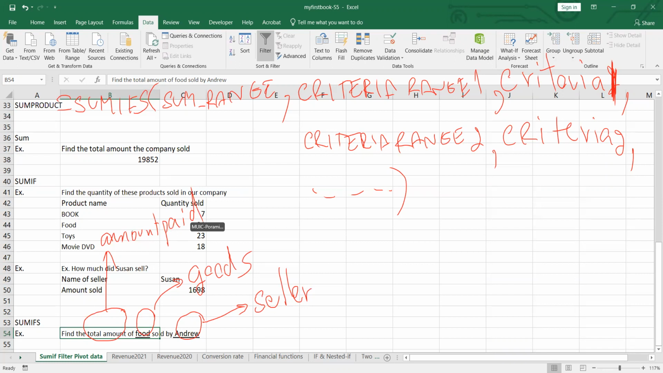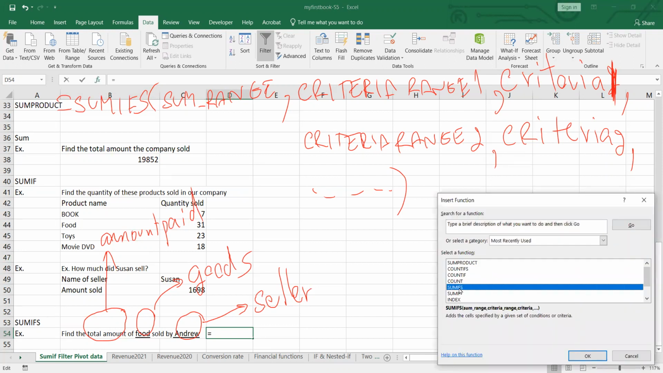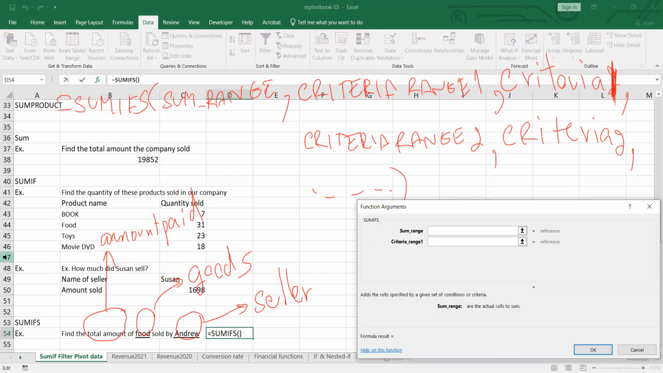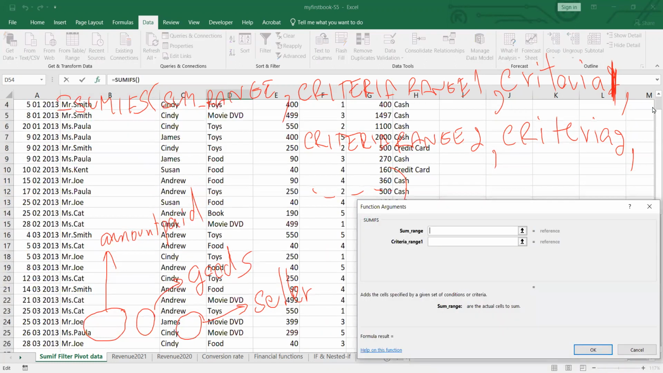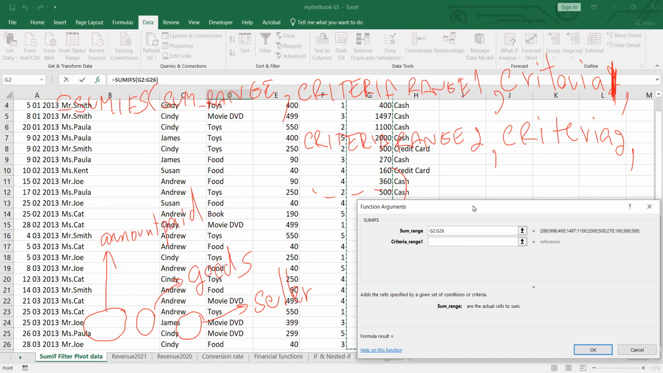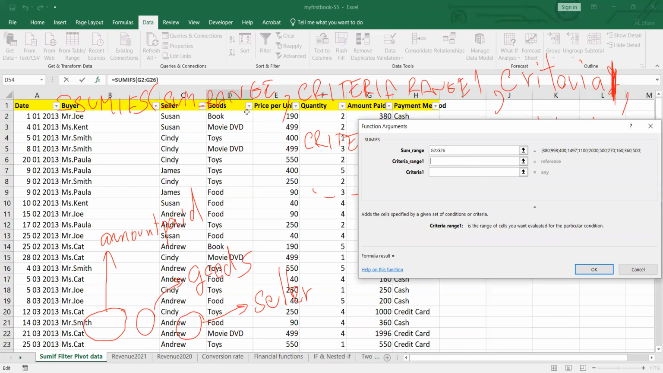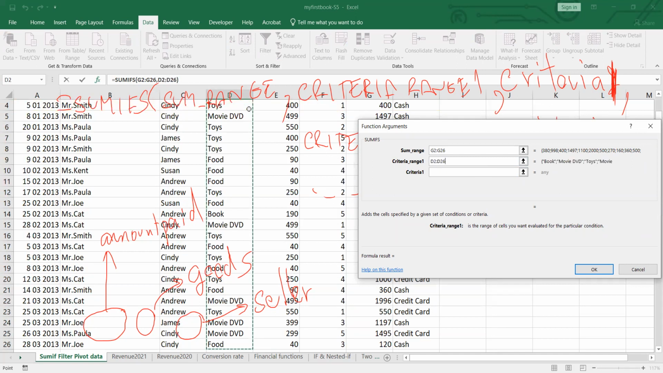So what are we going to do in this one? We will formulate the SUMIFS. I go to SUMIFS because we have two criteria here. The sum range is the amount paid that we want to find, in column G, G2 to G26. Criteria range 1 is the goods, so you choose the range where the goods are found. Criteria 1 is